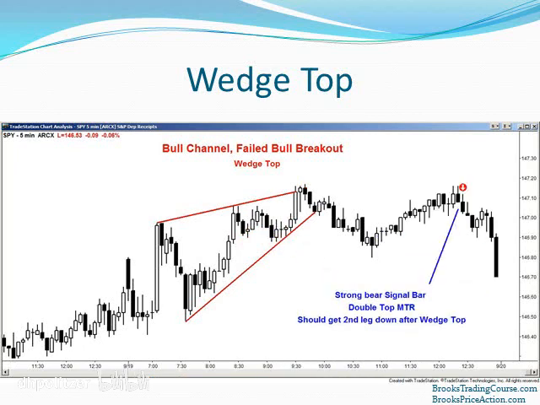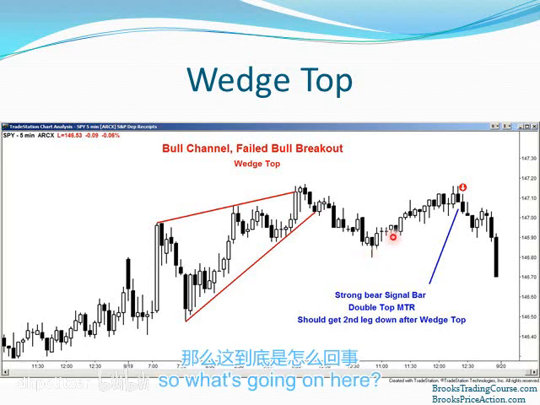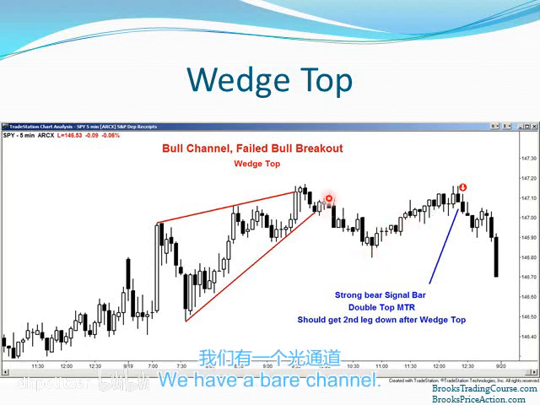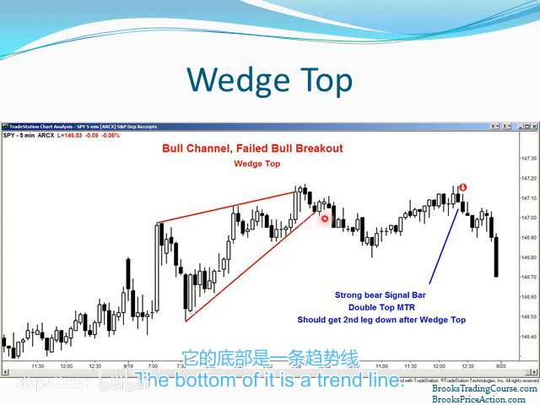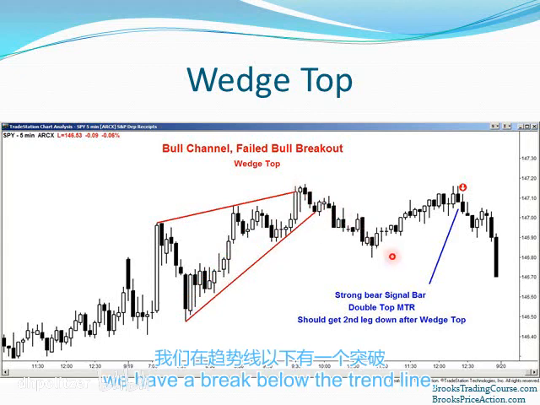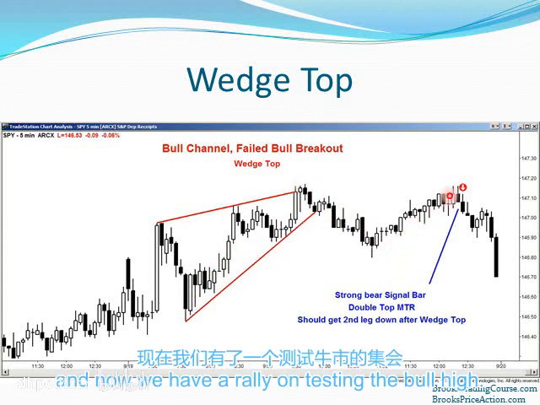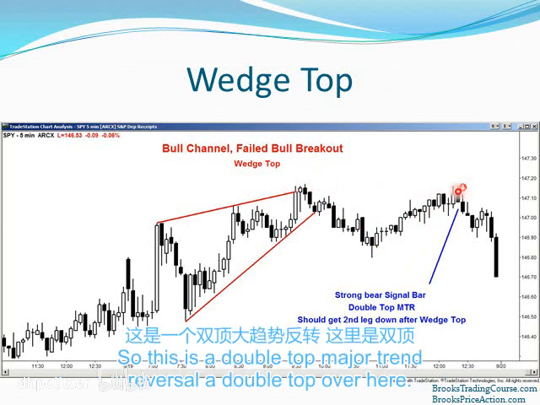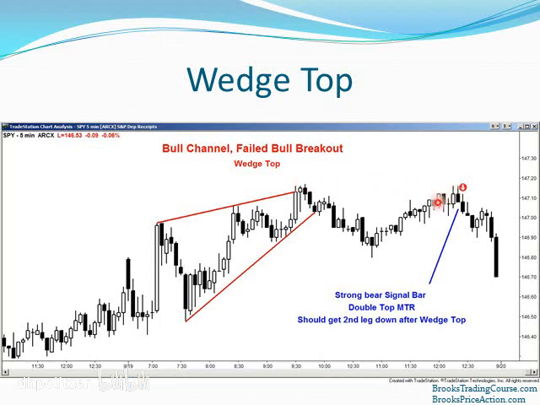Okay, so what's going on here? All right, we have a bear channel. The bottom of it is a trend line. We have a break below the trend line, and now we have a rally testing the bull high. So this is a double top major trend reversal, a double top over here, and it's also a low 4